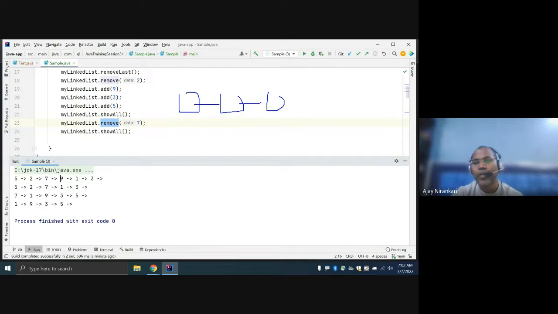Whenever you start printing, you always start from the head. Currently your head is pointing to this first node, so it prints from here to here. Now the head is not pointing to this, it is pointing to this one. So whenever you start reading, you start from here. This node is not used, so indirectly it is removed. In the linked list, for removing any element, we are not doing anything to this node, just changing the link from here to here.